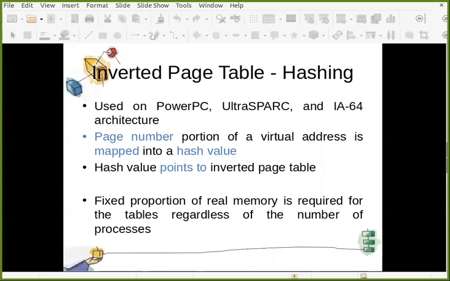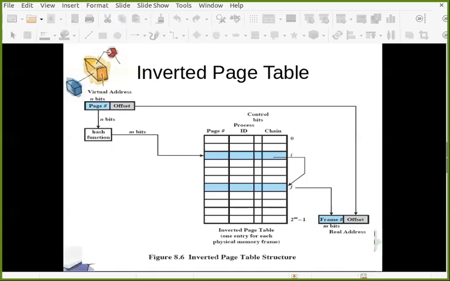In that case, how will it be stored? If it is converted to this entry, but this entry is filled, it will point to some other entry and there it will be stored. This is chaining.